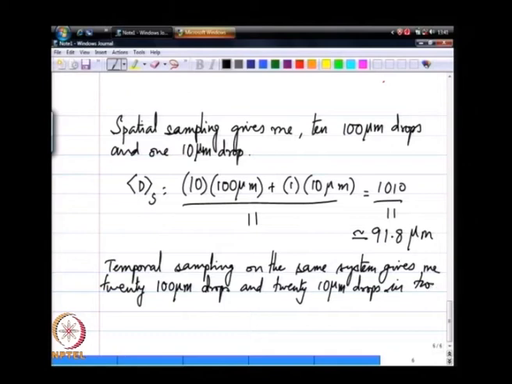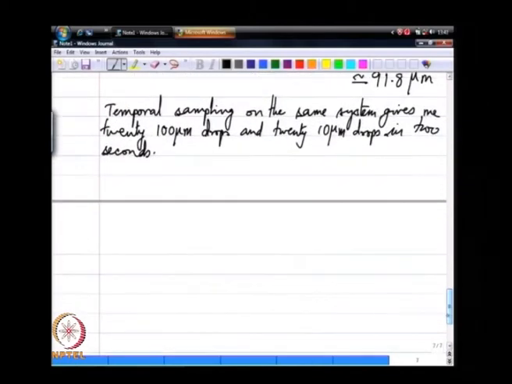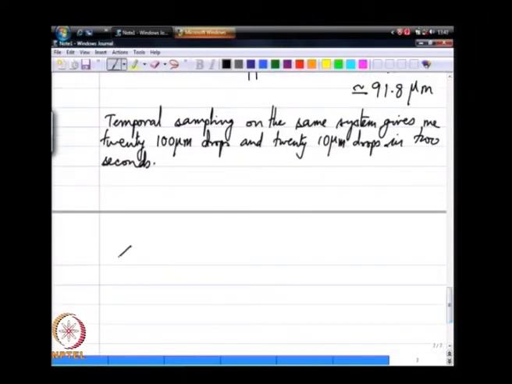If I sample for 2 seconds, which means again if I do the